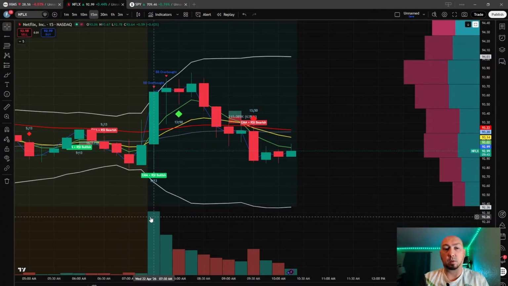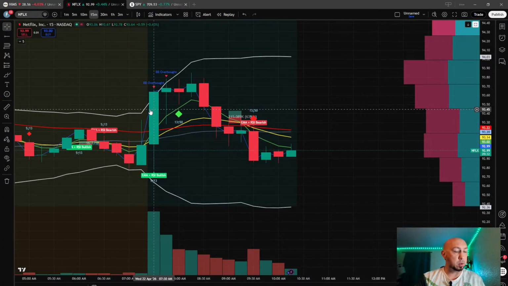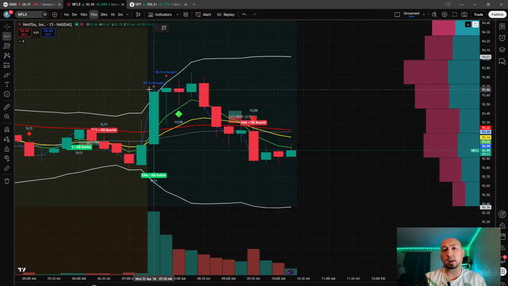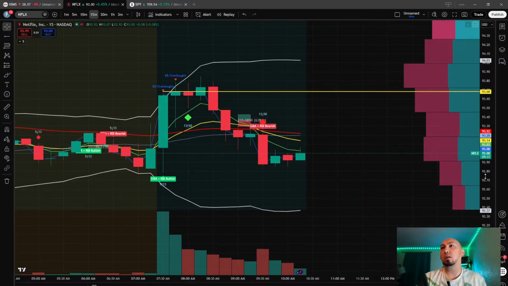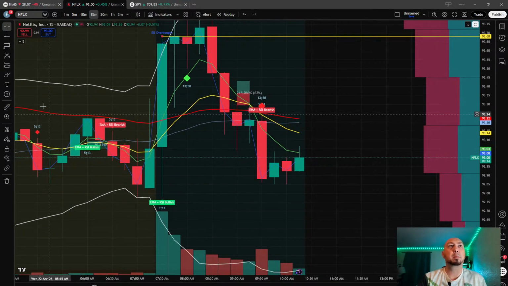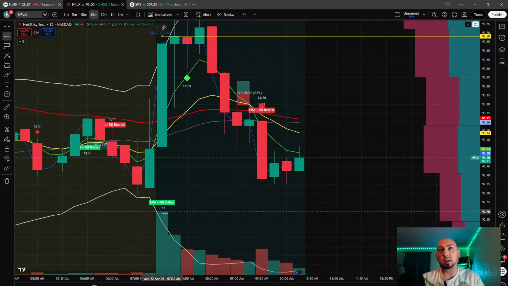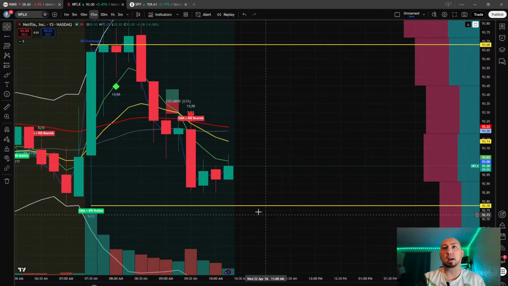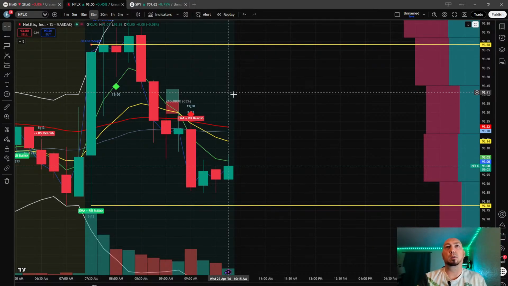7:30 is my opening time. So what I would do is 15 minutes. I get a horizontal ray, and I go to the top of the wick. I do wicks. I like including the wicks. So place the horizontal ray on the top and bottom of the finished 15-minute candle, just like that. You can make any color you want. You want it red, you want it yellow, magenta, white, doesn't matter. We'll use yellow for today.